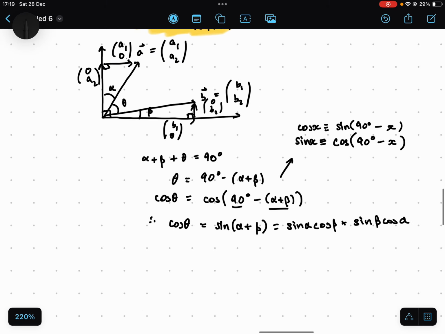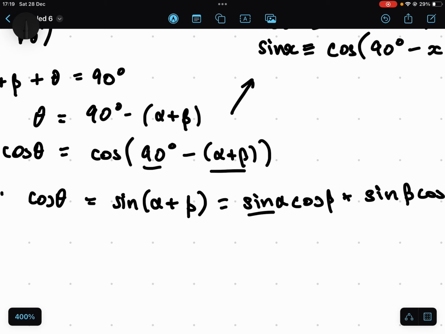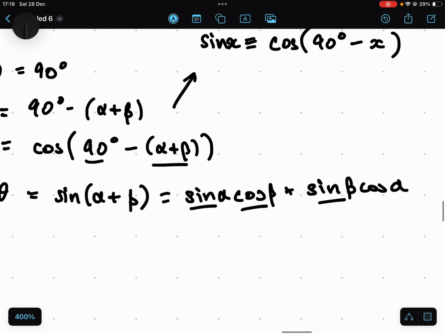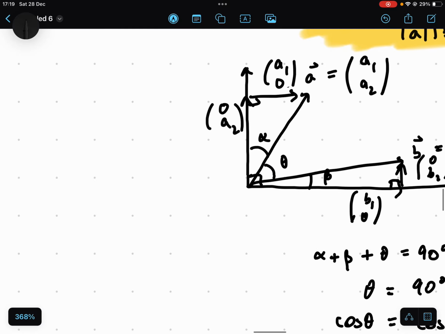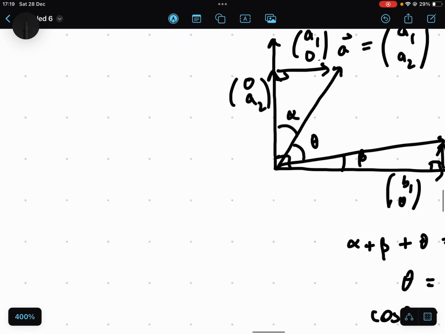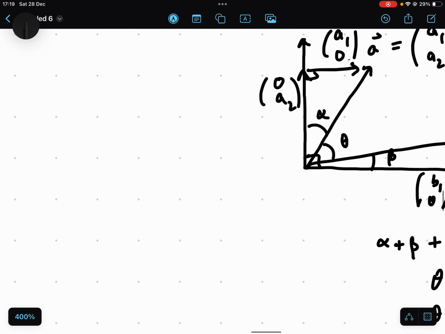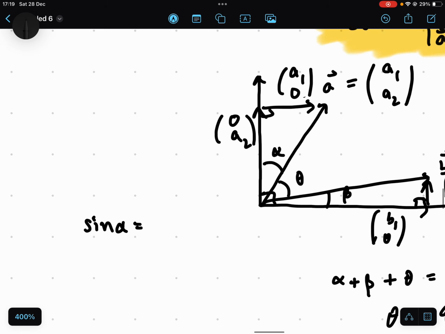Okay, now we need to get an expression for sine of alpha, cosine of beta, sine of beta, cosine of alpha, but that's actually pretty easy because we've got everything we need here. We've got a bunch of right angle triangles, so we can just do a lot of trigonometry. Let's just do it to the side here. Sine of alpha is just going to be equal to opposite over hypotenuse, which is going to be equal to A1